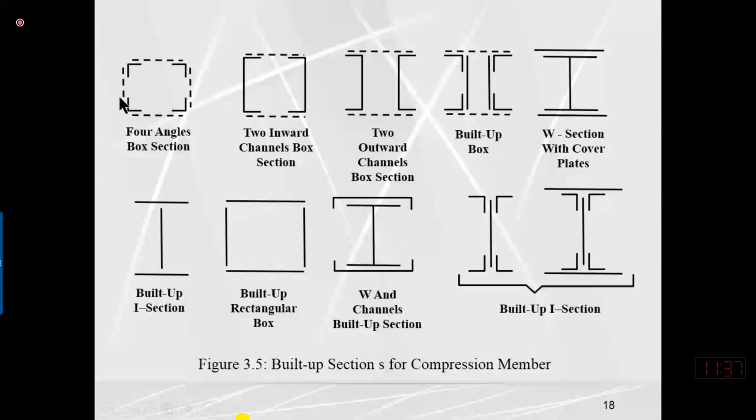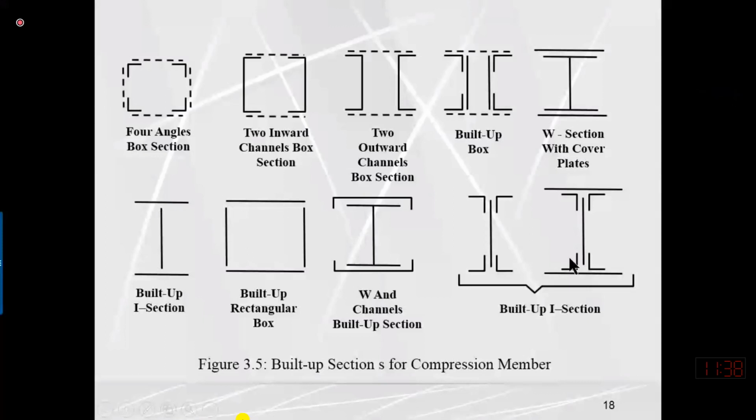So this is the 4-angle box section. We may use a double angle built-up section where the flanges are inverted inside or outside, connecting the ends with batten plates and lacing. We can use 4 angles and 2 plates to make this section. We can use an extra cover plate on a W section. We can use 3 plates and weld them, or connect them with fasteners using angle sections. We may have 4 plates to make a box section. These are the different types of arrangements that you can see in your text.